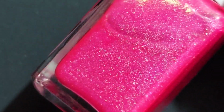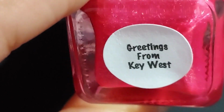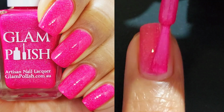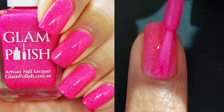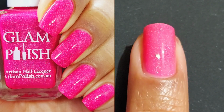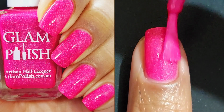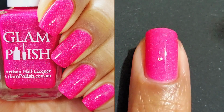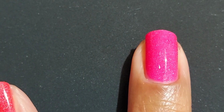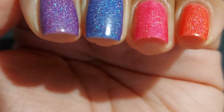Next up is our last polish from the collection, Greetings from Key West. And this one is obviously a bright pink. It is a little bit lighter in person, so it is coming up a little bit more vibrant on the viewfinder, especially for the still. So you're going to want to pay attention to the side by side. It's going to give you a more accurate view of what that polish would look like in real life. But of course I did still enjoy it